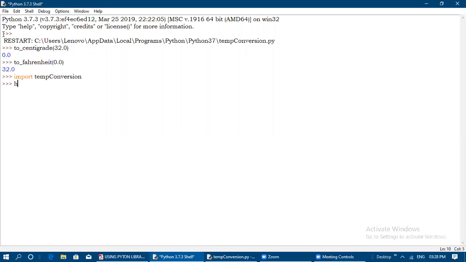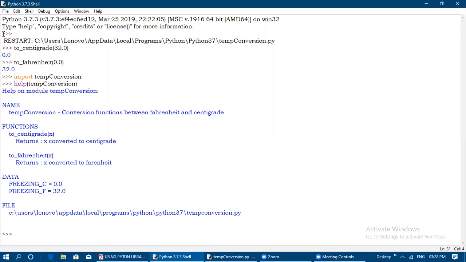After importing, type help of temp conversion. See, the same output we have got here: first the module name, help on module temp conversion. If you give the help command about a module, the information about where that file is saved is displayed here, the file name, and the functions we have used.